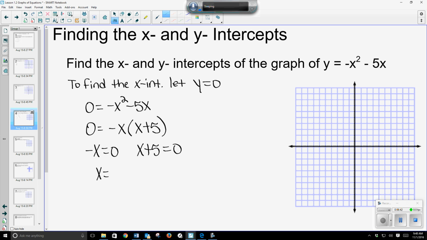So x equals 0, and x equals negative 5. So your x-intercepts are 0, 0, and 0, negative 5. Right? When y is 0,